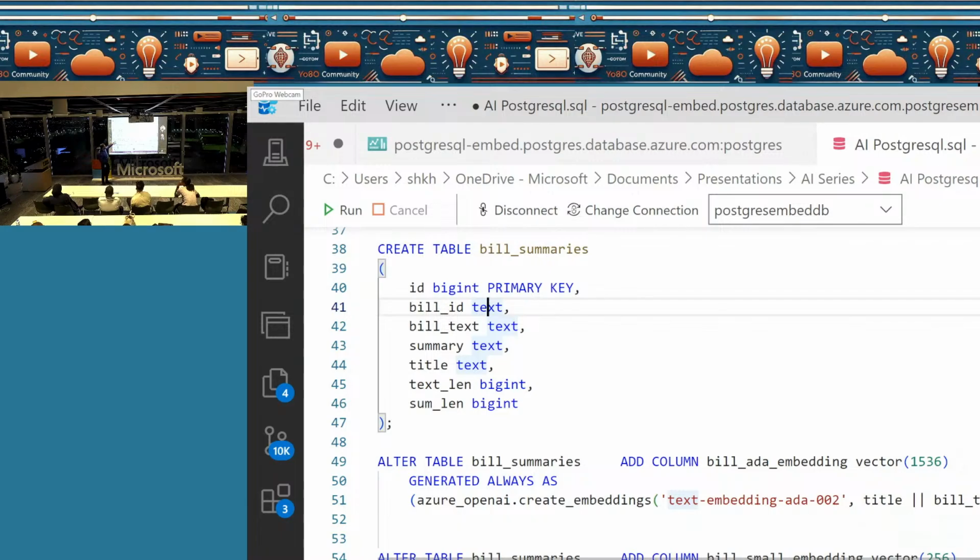And then I'm adding another column. I'm calling it bill summaries. This is the main table name, and the column name is bill ada embedding. You can name it anything. The dimension is usually 1536. Then I say generate always as, and this is the endpoint, the same call that we did from Python, Azure OpenAI create embedding. I'm saying this is the model, and the text used to create the embedding is these three columns concatenated: title, bill text, and summary. These three combined as one. I want to create an embedding and put that in this column. So whenever you do a normal insert,